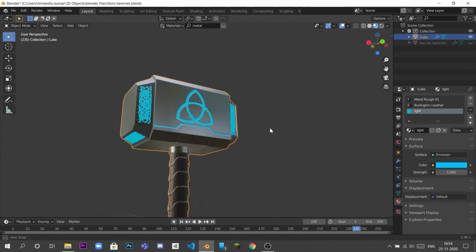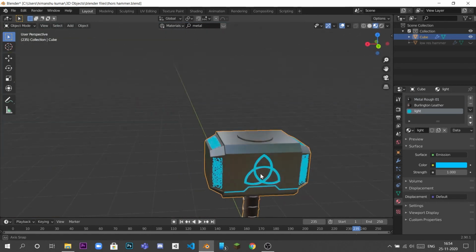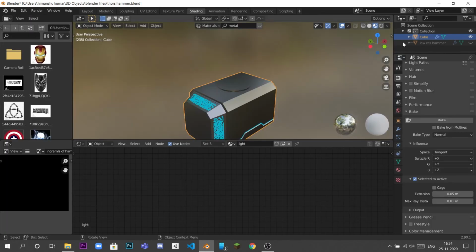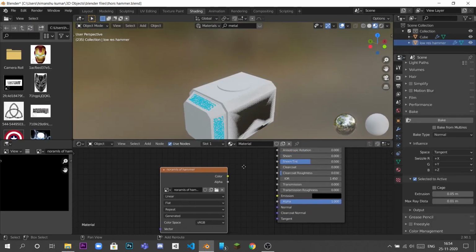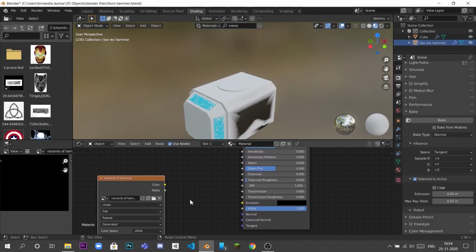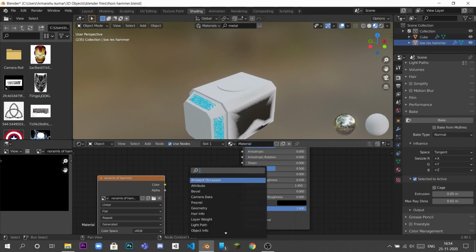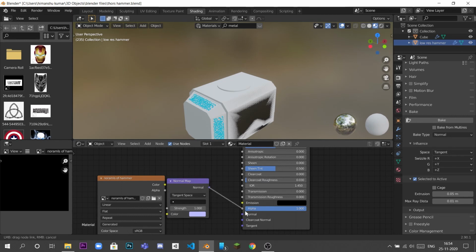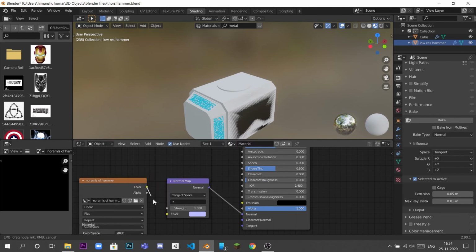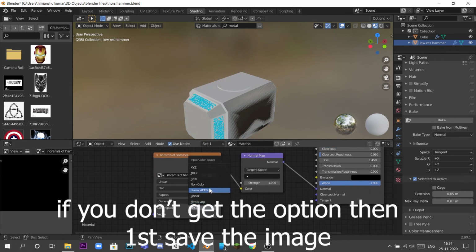And now what we can do is go to shading. We can select our low-res hammer and add a normal map. We have to select the non-color data on the normal map of the hammer.